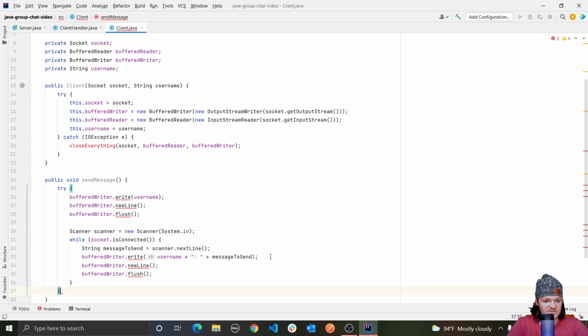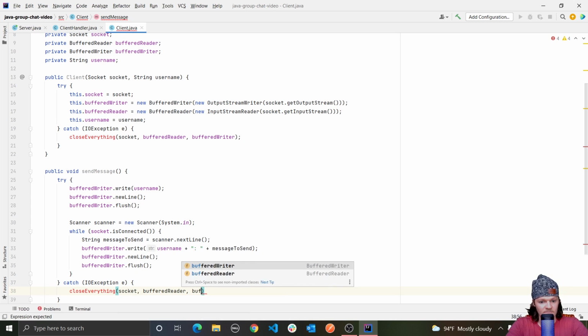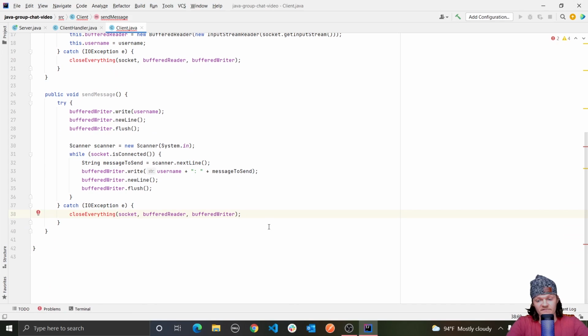And then once again, let's just gracefully close everything with a method that we haven't made yet, which takes the socket, the buffered reader, and the buffered writer. And now we're going to create a method for listening for messages from the server. And this will, of course, be the broadcasted messages from other users. So we're going to be listening out for messages that have been broadcasted. And we're going to call this public void listen